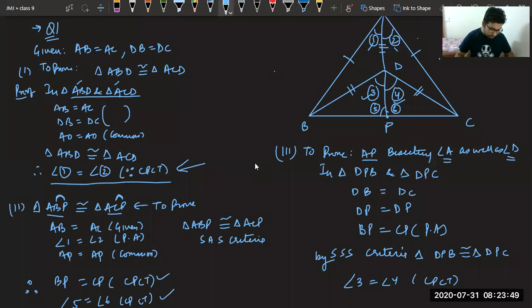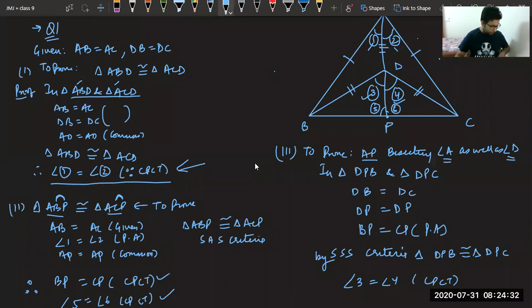Anuranjan is asking, can't we take 5 equal to 6? Anuranjan, if you take 5 equal to 6, the problem will be that it will come as angle side side, and right now you have not proved that 5 and 6 are right angles. If you prove that 5 and 6 are right angles, then you can take 5 equal to 6 also. Right now, 5 and 6 are only equal. We have not proved them as right angles. So if you use them directly, it will be wrong because the criterion is coming as angle side side. That is wrong. We have studied RHS.